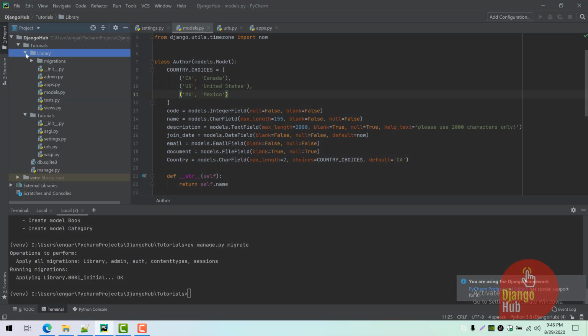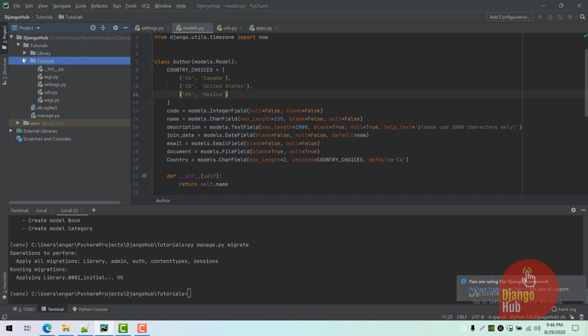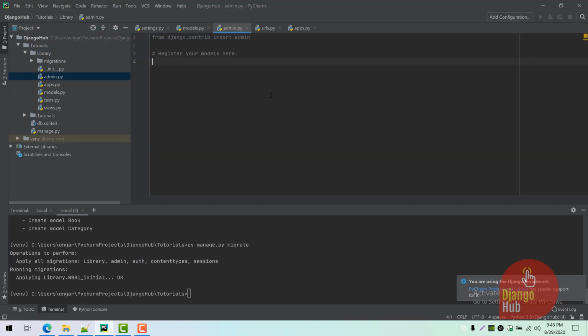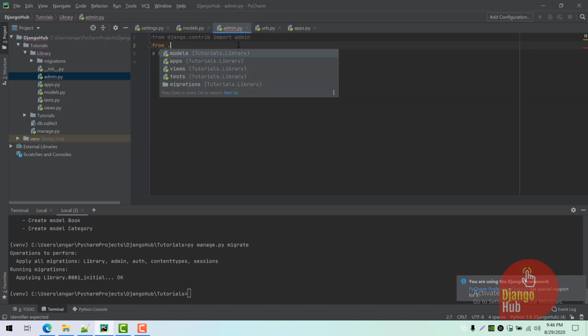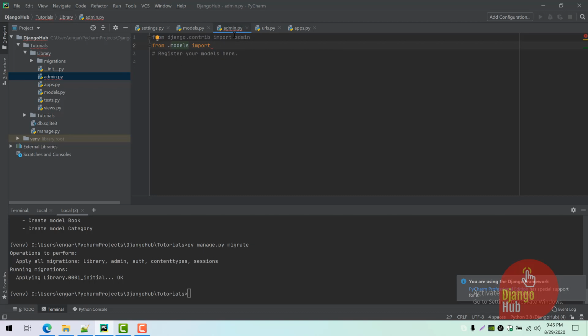Go back to PyCharm. Whenever you create an application, under the application you have a file called admin.py. This file tells Django how to manage your models in the admin interface. Before registering any model in the admin interface, you have to import that respective model. So what is meant by the dot? The dot refers to the same package where this admin.py resides. That means this admin.py file resides in library, and inside library we have models. That's why the dot refers to the same package: from .models